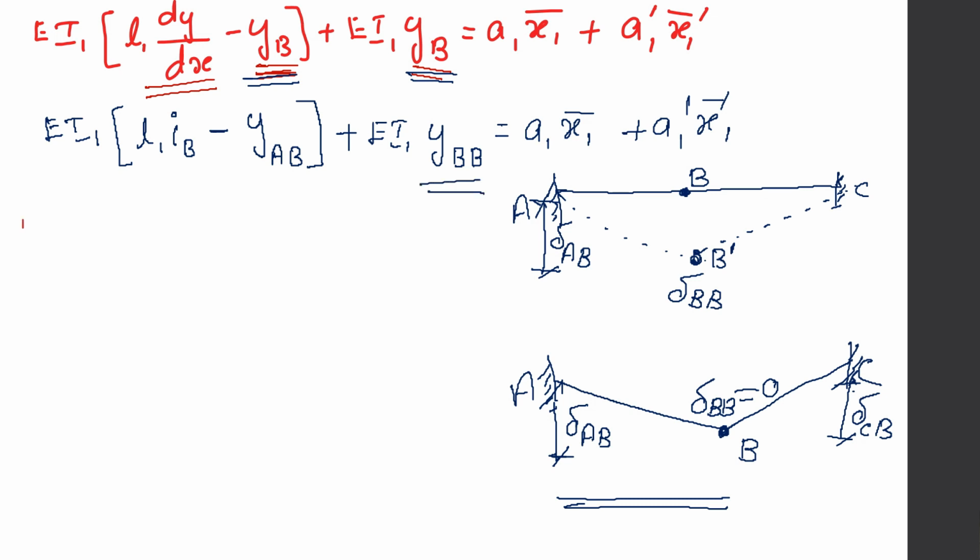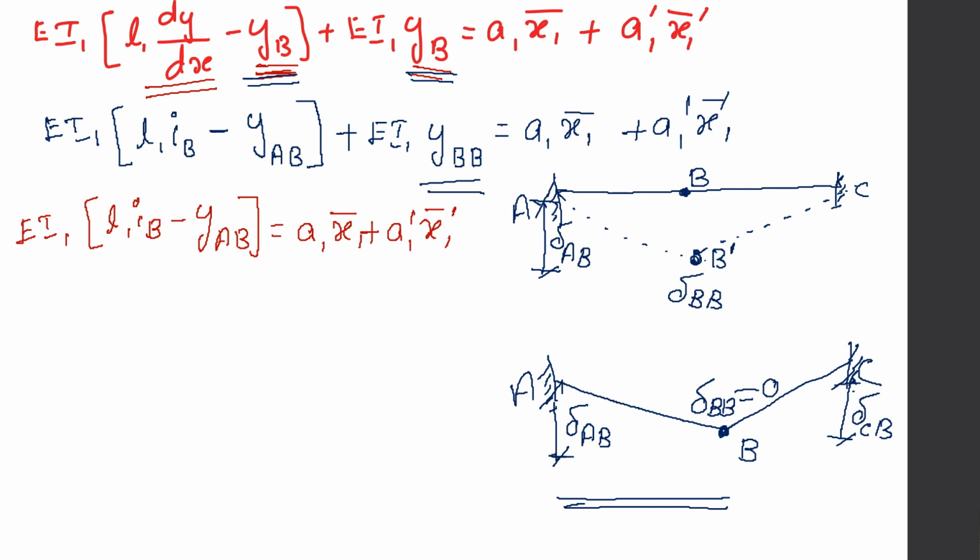So our equation becomes EI1 into L1 into IB minus YAB is equal to A1 x1 bar plus A1 dash x1 dash bar. Now, this YAB is actually,